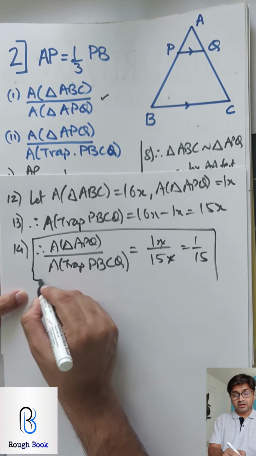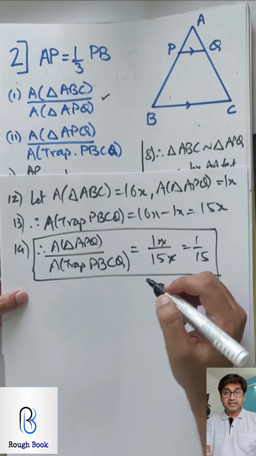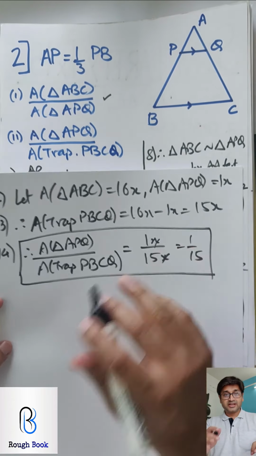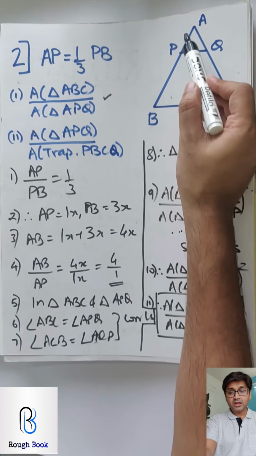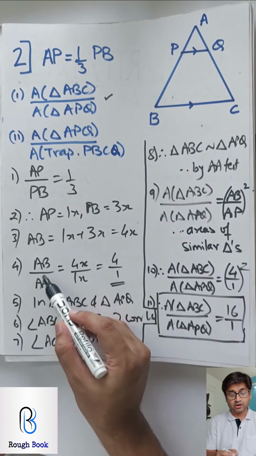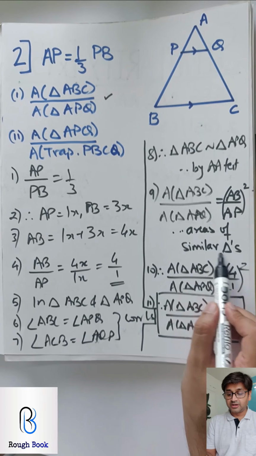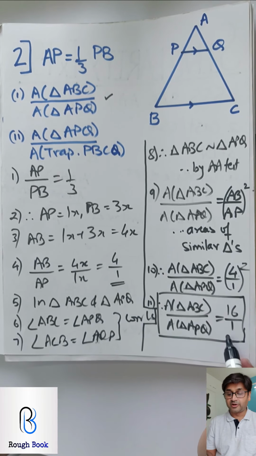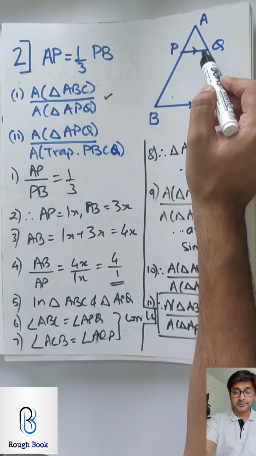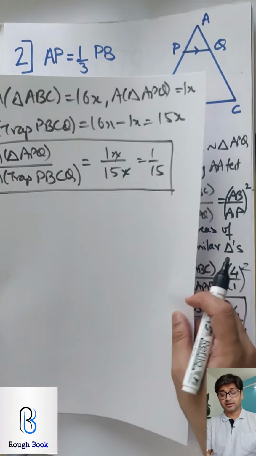Now they have asked you in the form of a fraction, so you will leave it in the form of a fraction. If they ask you in the form of a ratio, you are expected to write it in the form of a ratio. So let's just recap this quickly. First AP and PB were given. Using the X method we found AP by AB or AB by AP. So when we prove the triangles similar, areas of similar triangles, square it directly, 4 by 1, 16 by 1. So we got it. Full was 16, this is 1. So what is this pending? 15. But directly you can't say, you have to use the X method.